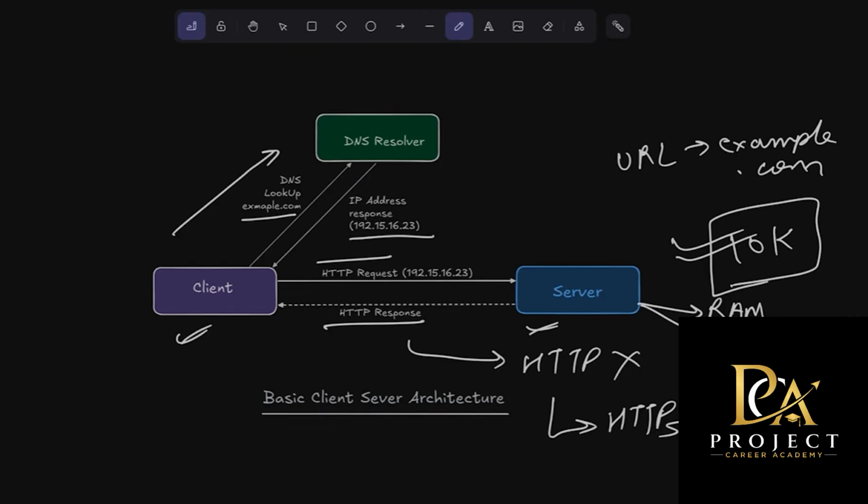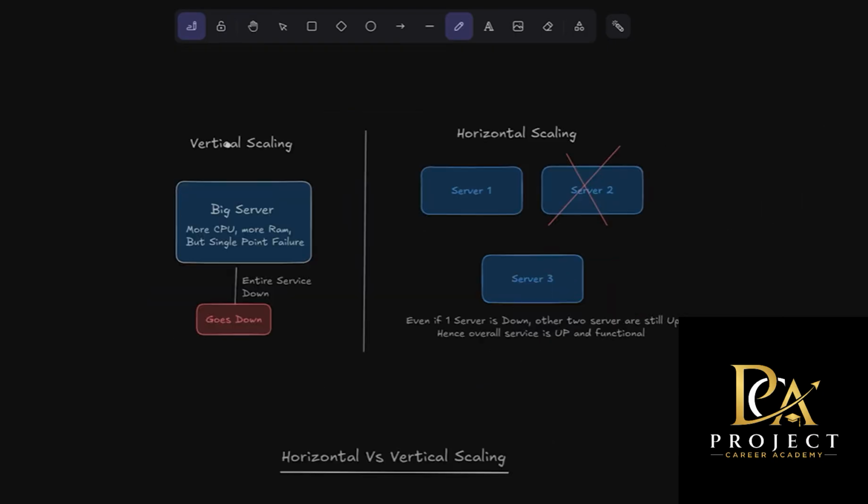Imagine your application grows even further. Instead of 10,000 users, you now have 1 million users. Can you keep adding RAM forever? Can you keep adding CPU forever? No, because every machine will reach a physical limit. Eventually, you'll reach a point where the server cannot be upgraded any further. And that right there is the problem. You still have one server, which means if that fails, your entire system would fail. This is what we call a single point of failure.